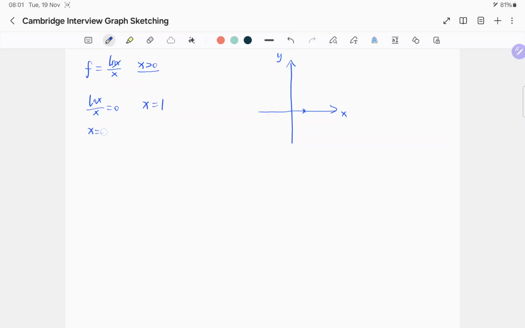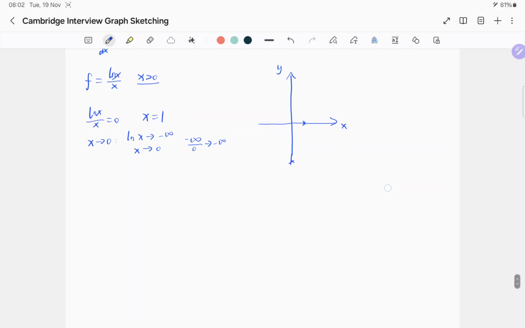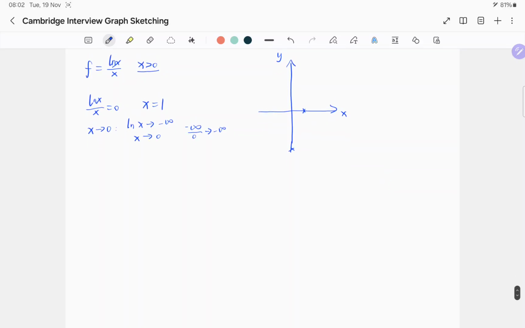So when x is 0, what is the value? Well, when x is 0, it is actually not defined. So when x approaches 0, ln x approaches negative infinity, and x is equal to 0. So it is an infinity divided by a 0. It is approaching negative infinity. So you may want to put a cross like this. And then you want to know